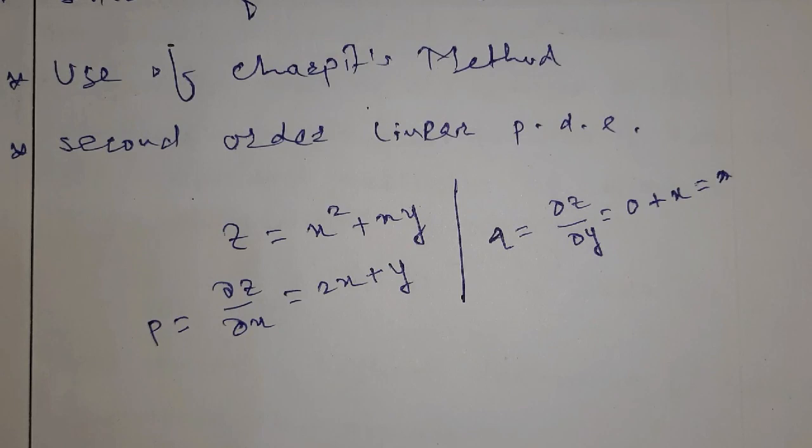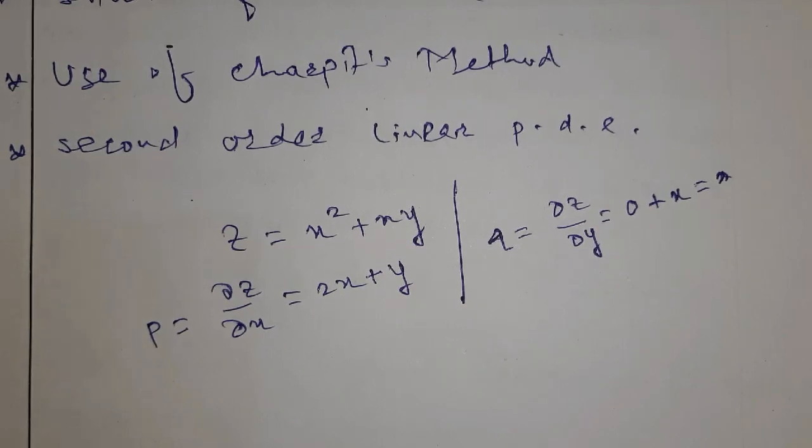Means we have to keep in our mind that whenever I take a partial derivative with respect to x, then other variables we treat them as a constant. With respect to y, then x constant. With respect to x, y constant. And if I take three variables also, then also we can solve that. Remaining two variables taking constant and we will solve it. Okay, so this is the concept of partial derivative.